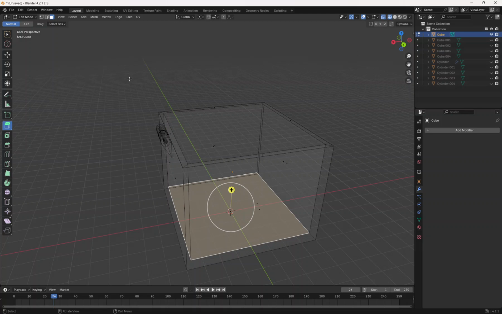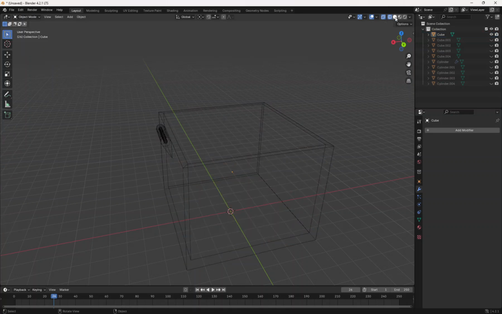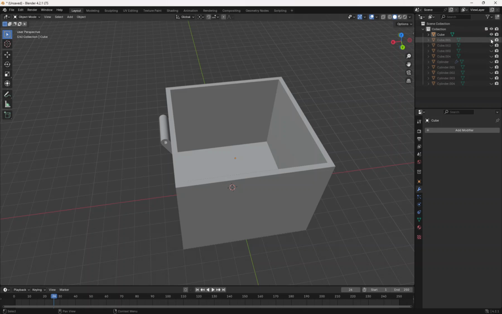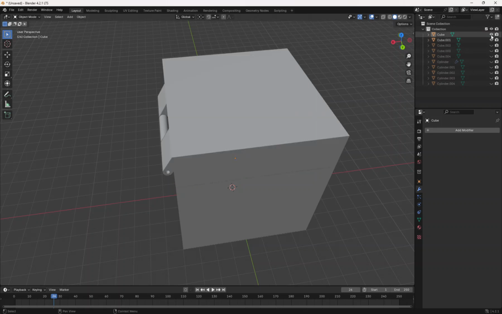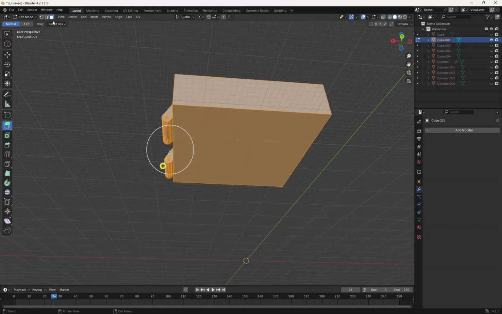So then to exit out of this, we can change it back to object mode, and we can go to solid mode again if we want to. And there's the bottom of the box. And if we turn on the top of the box and hide the bottom, we can do a similar thing. Again, tab or change it to edit mode. We're still in face mode. So select the bottom in this case,